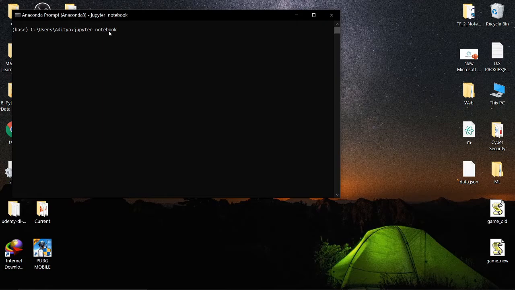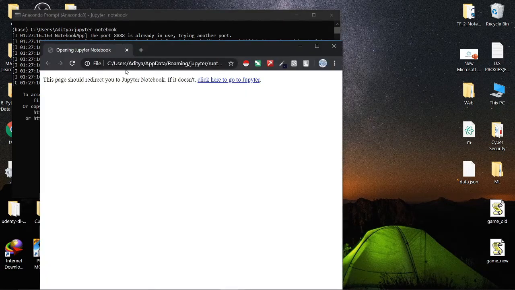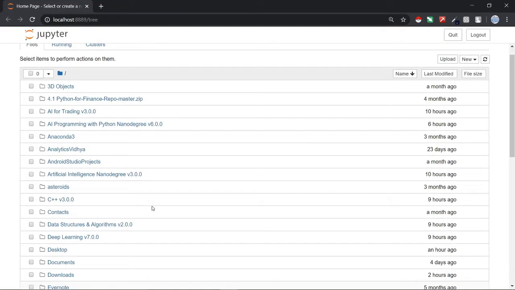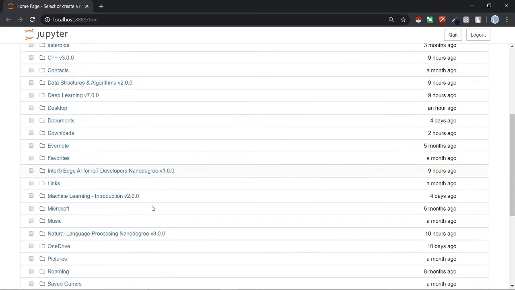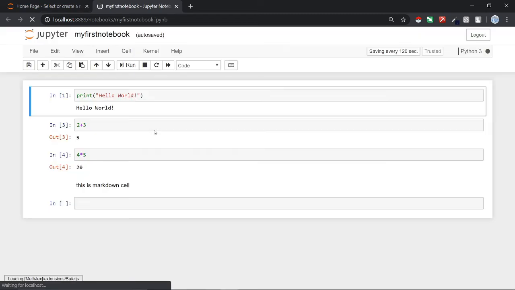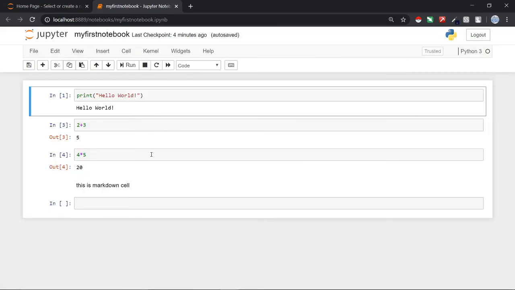I have just pressed the enter key and it will load the Jupyter notebook, same as we did with the Anaconda Navigator. Just maximize it. Now you can see that this is the same notebook that I opened with the Anaconda Navigator. Just find the notebook that we created last time. This is the notebook that I created just 3 minutes ago. To open a notebook, just click on it. The notebook loads, and this is the code that we wrote about 1 minute ago, I think.